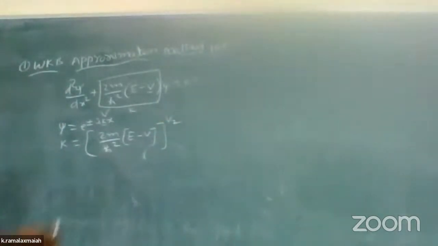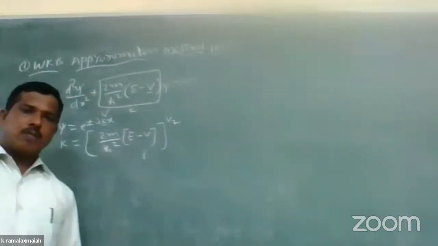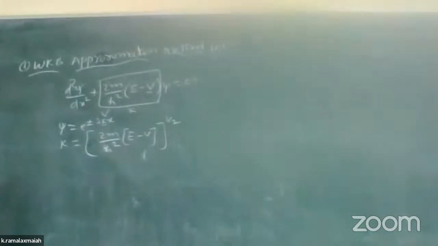You write that k is equal to this value. So here the suggestion is that V is not constant but varies slowly with the x value. So we might try a solution of the form